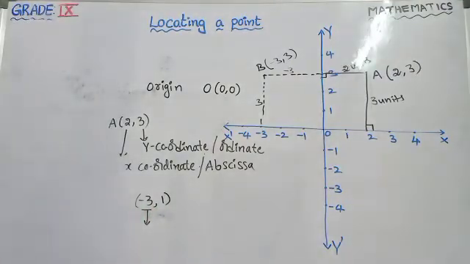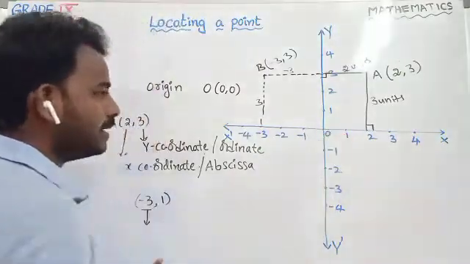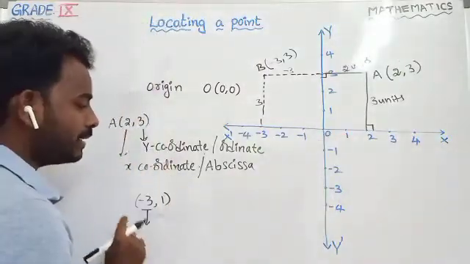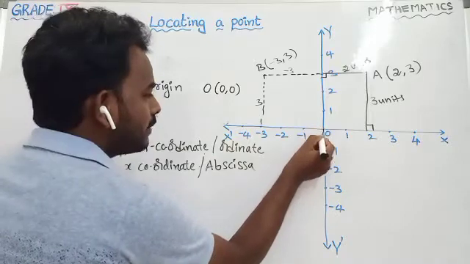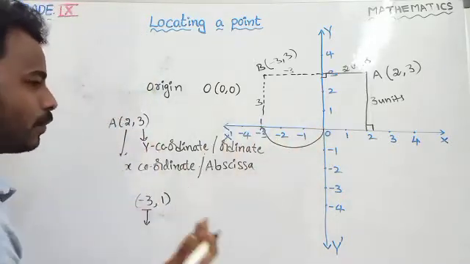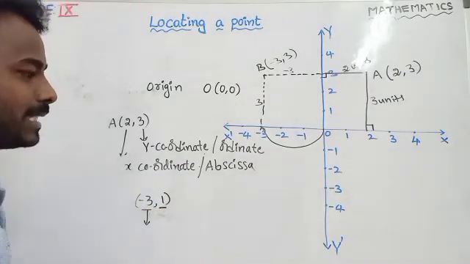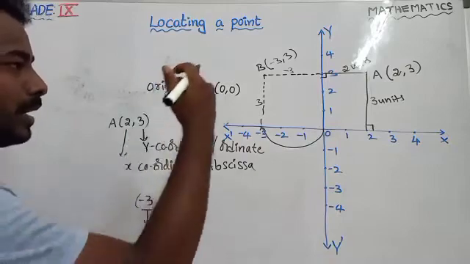First of all, you take -3, that is the x coordinate, you need to keep in mind. Now start from 0, start from the origin. What is your x coordinate? -3. You go to -3 first. Okay, you went to -3. Then what is the y coordinate? The y coordinate is 1, so 1 is positive. So you need to go to the upper side.